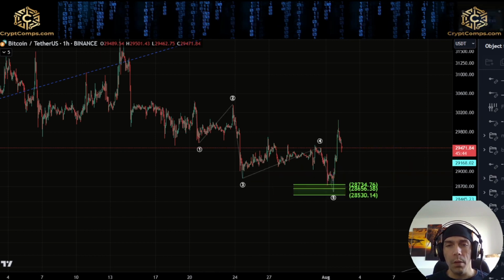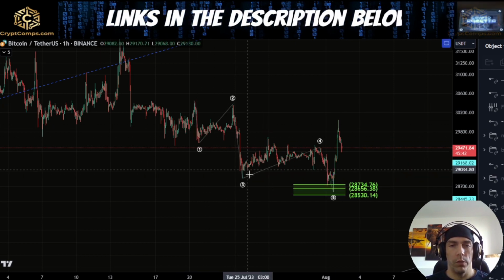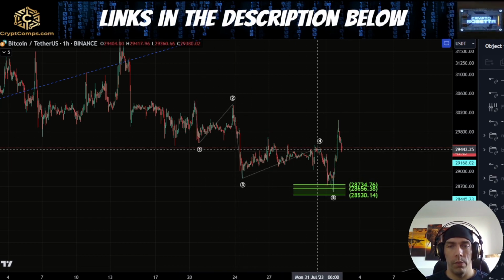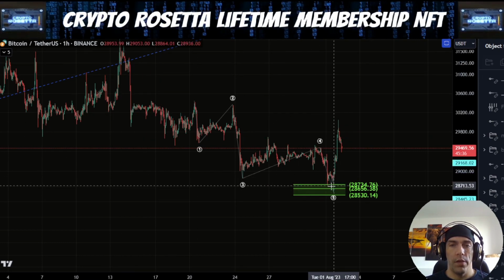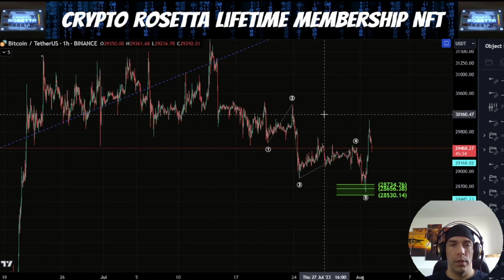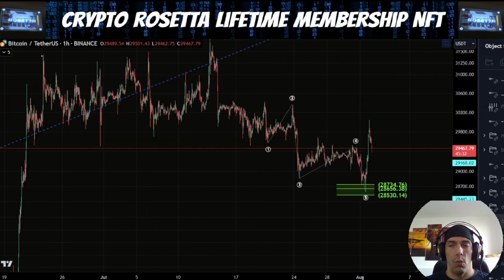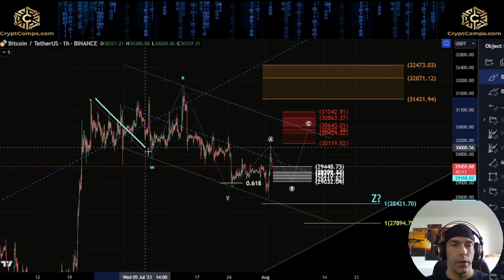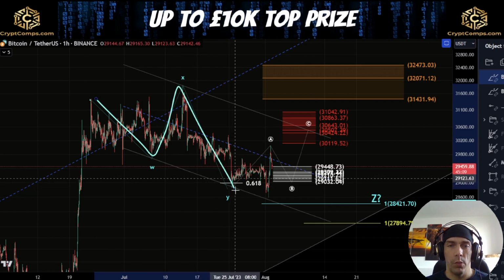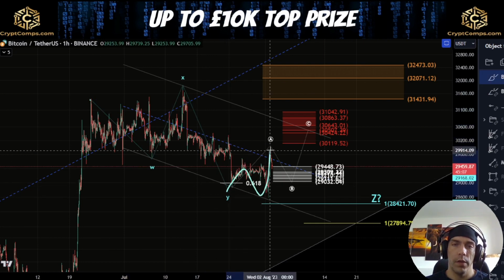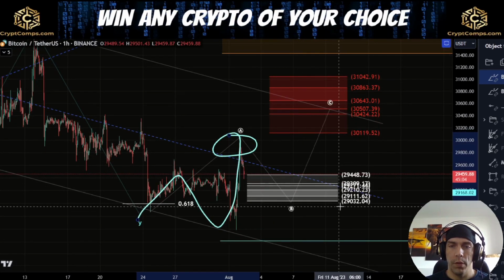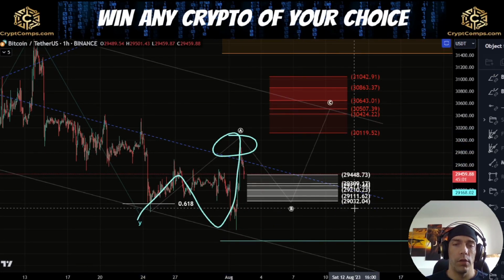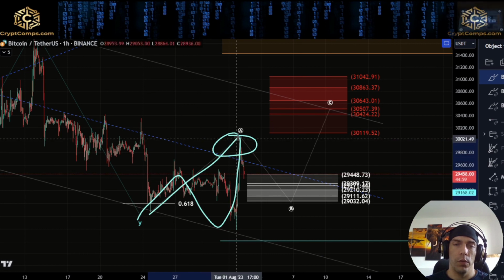So because we can also count this move in this way as a 1, 2, 3, 4, 5, we need to be on the lookout that this could just be an ABC to the downside and we could have completed a W, X, and a Y. Now, if we look at something like that, effectively this is WXY here, and then this becomes our A wave. So if we look to hold support above this 29,032,